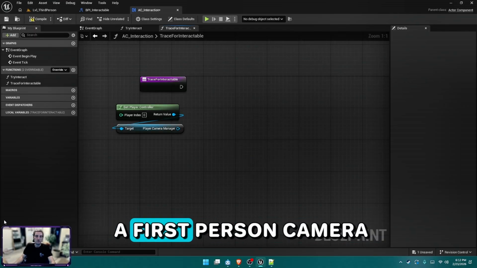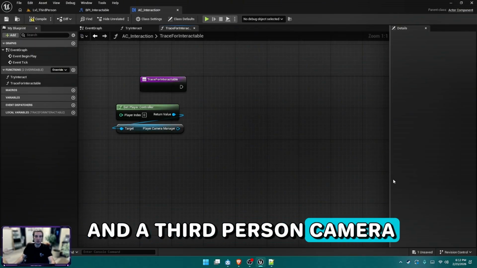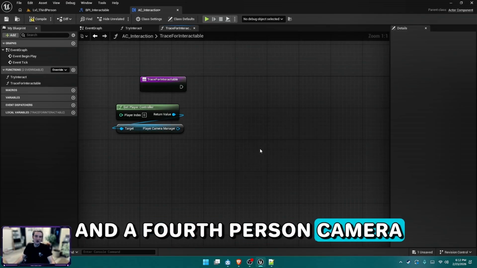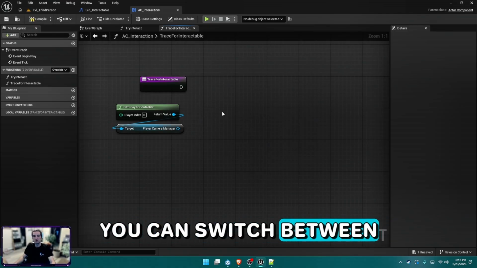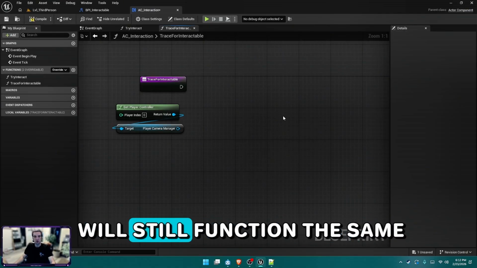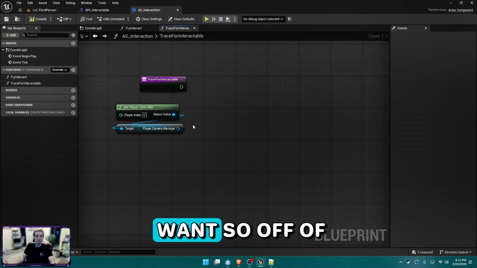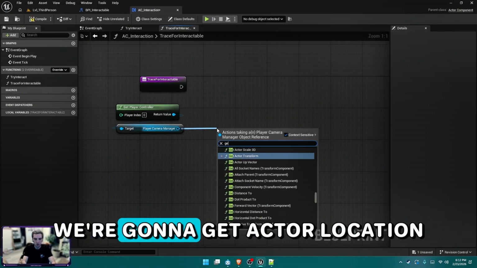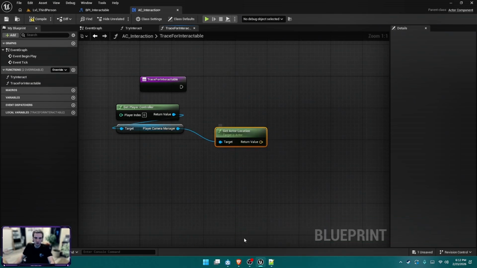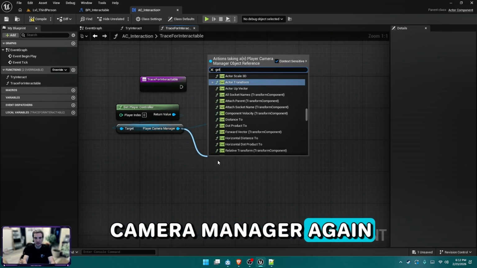So if you have a first person camera, a third person camera and a fourth person camera, you can switch between those perspectives and this line trace will still function the same. It'll draw to the center of the screen, which is what we want. So off of the camera manager, we're going to get actor location,